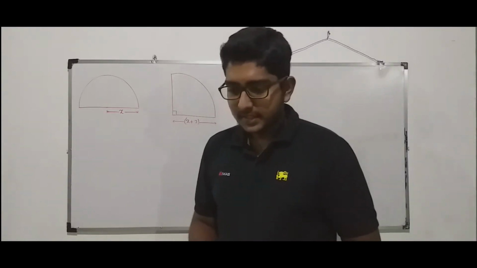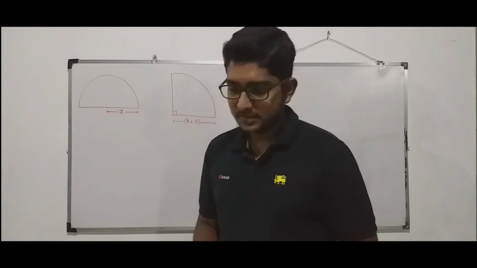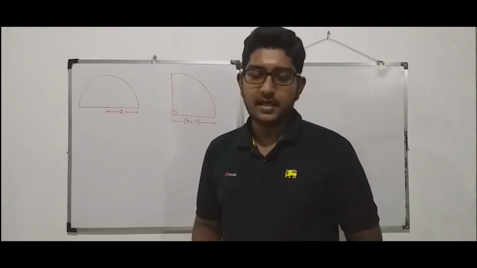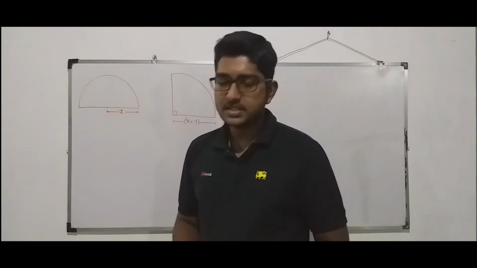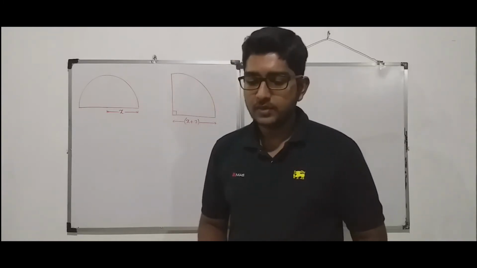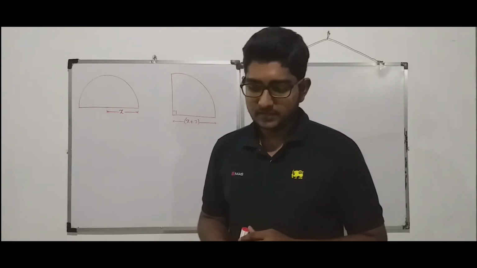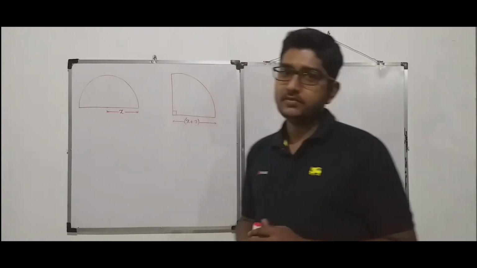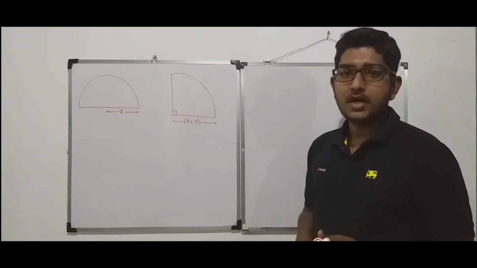And if the areas of the two plane figures are equal, construct a quadratic equation in terms of x, and by solving it, find the value of x correct to the first decimal place. For that, they have given the value of root 2 as 1.41. So we have to use the information given. What was the information? Area of the two plane figures are equal. That means the area of the semicircle is equivalent to the area of the quarter of a circle.